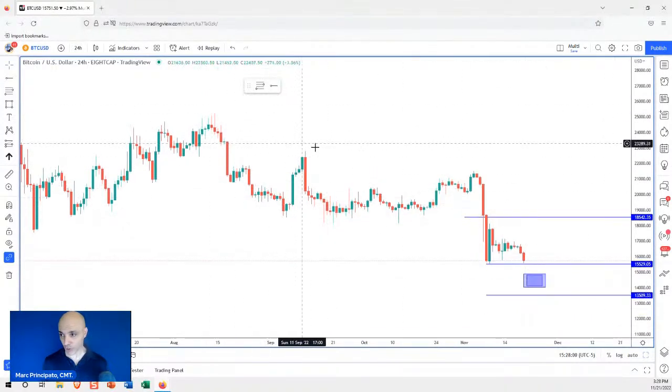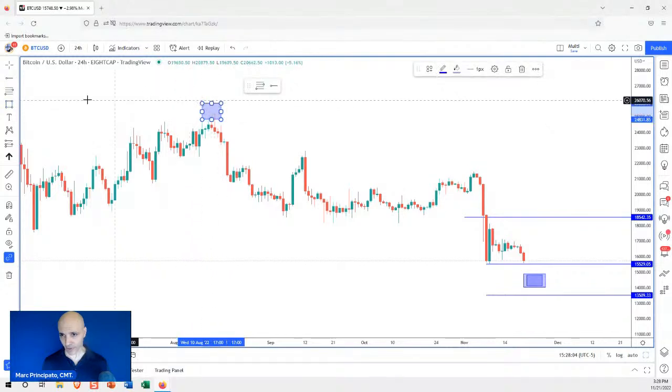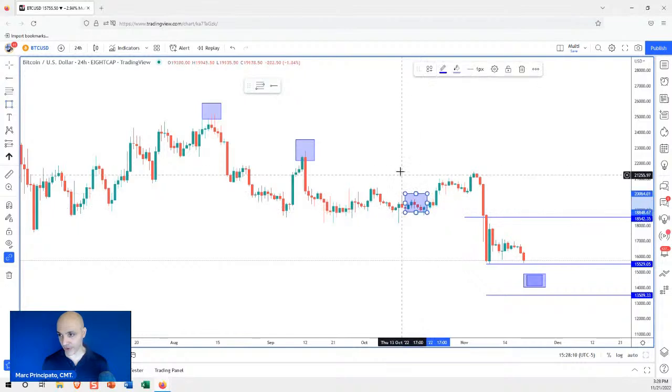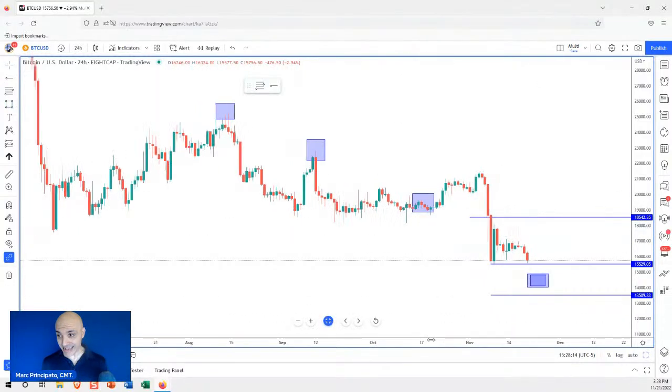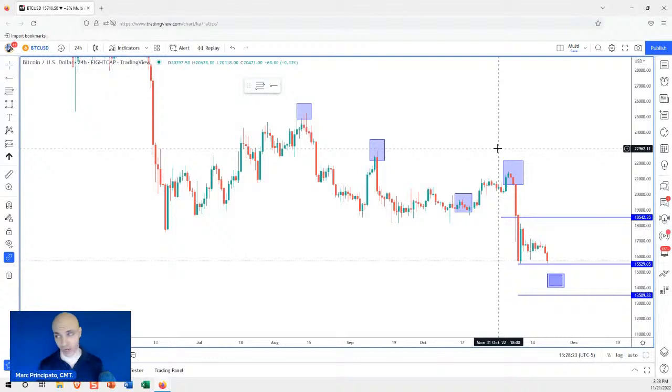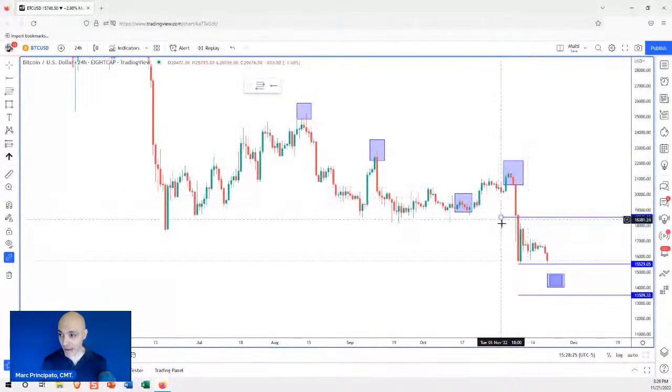Sure, I could draw a trend line, but here's the problem with the trend line. If I drew a regular trend line from here and connected this high over here, the trend line would have been broken over here. And a lot of morons would say, hey, the trend is changing, I'm going to go long. And then the FTX situation hits the market, which no one saw coming. And then the long was, I'm going to hold on because it'll come back.